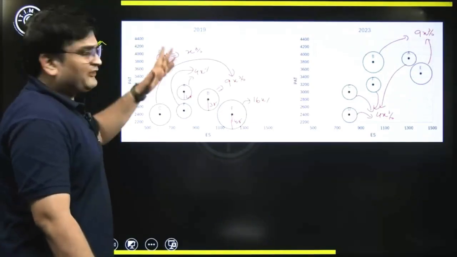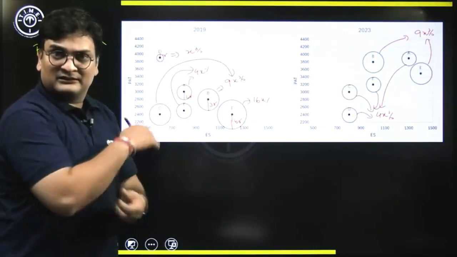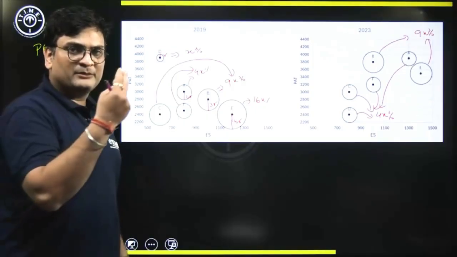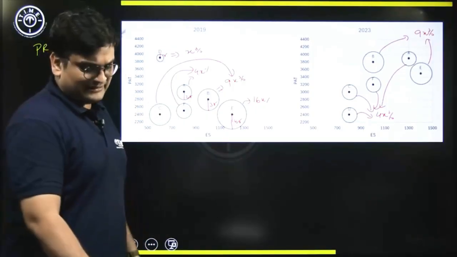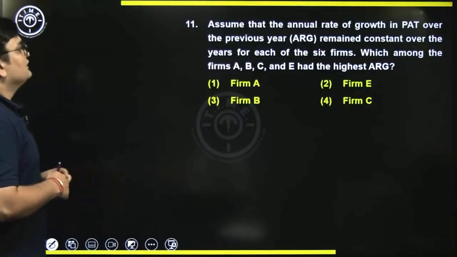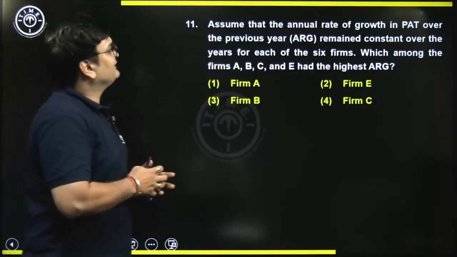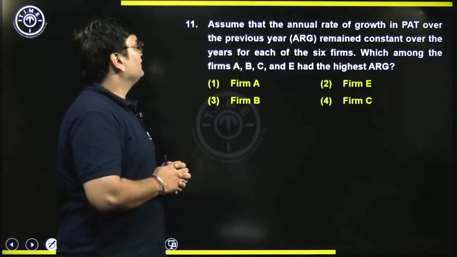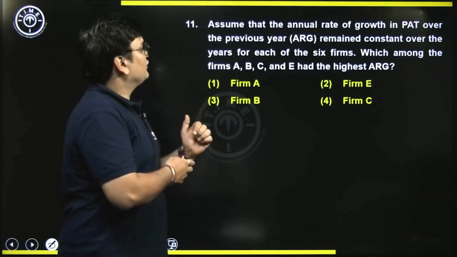Now based on these graphs and the information about PAT, the information about employee strength and about R&D, a few questions are asked. Let us start with the questions. Question number 11 says, assume that the annual rate of growth in PAT over the previous year remained constant